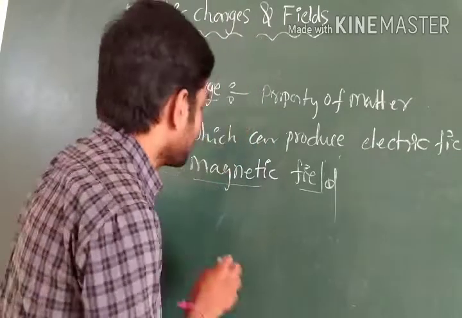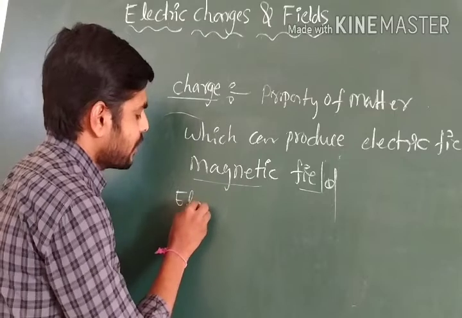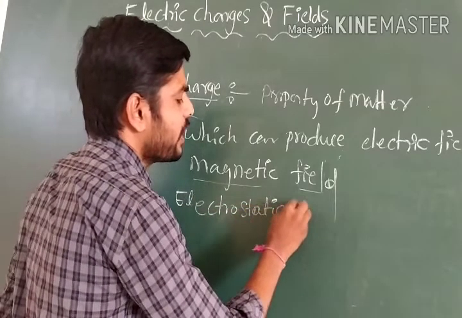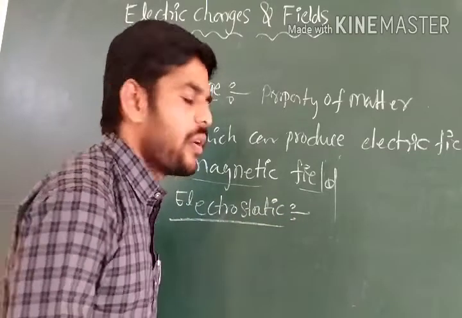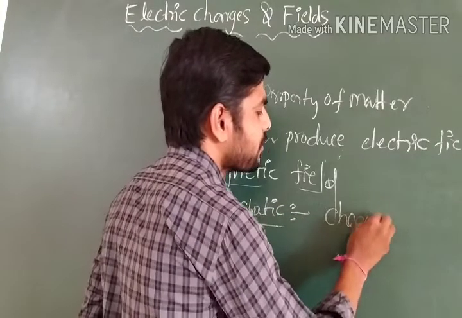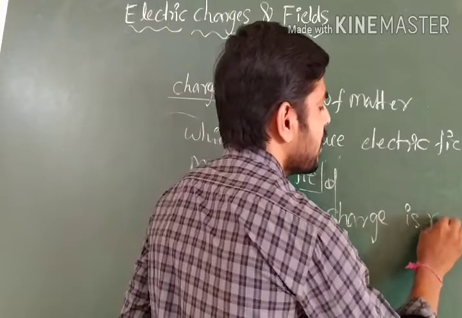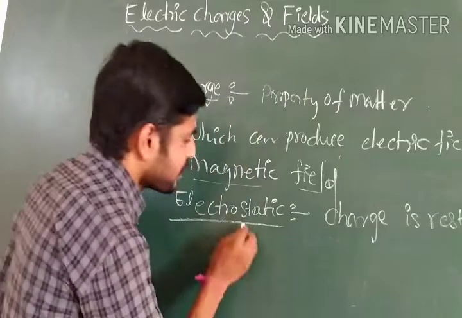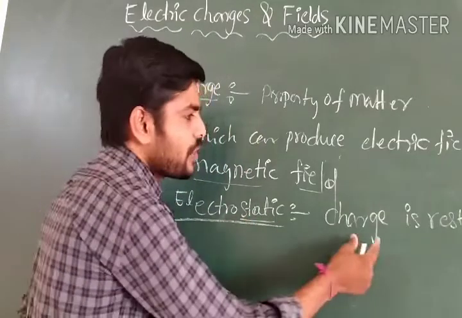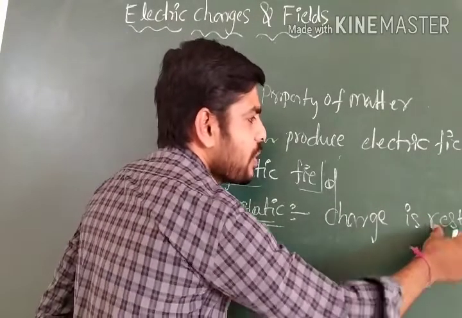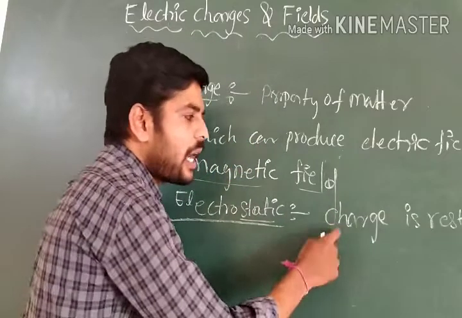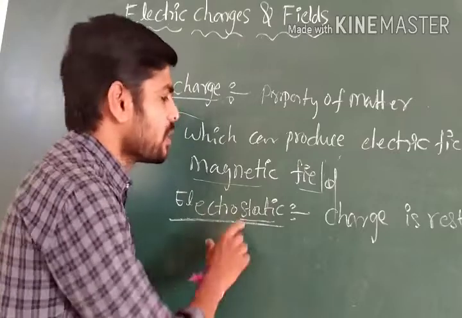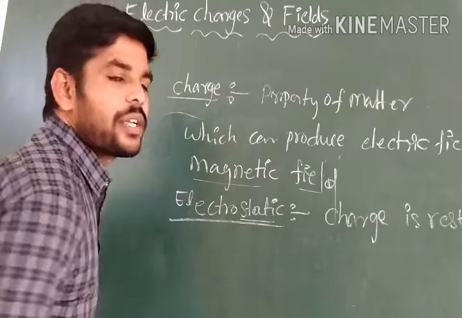Okay. We may also call this lesson electrostatics. It is one of the lesson names. Electrostatics means when the charge is in rest position. The word static gives the sense that the charge should be at rest. When the charge is at rest, the properties of charge that we are going to study, we call electrostatics. This is the basic about charge and electrostatics.